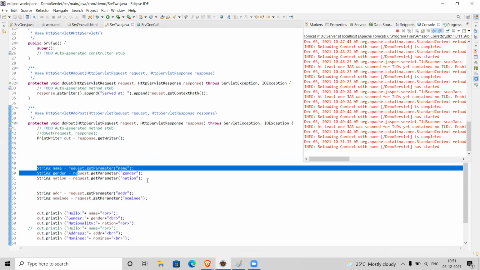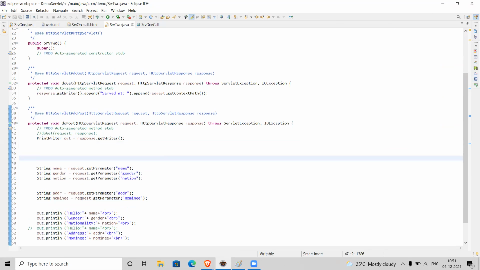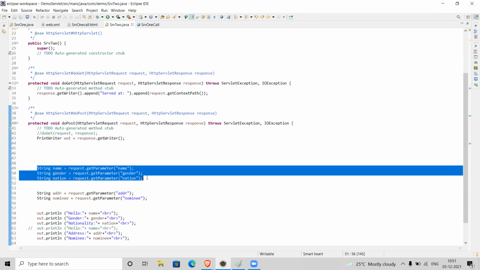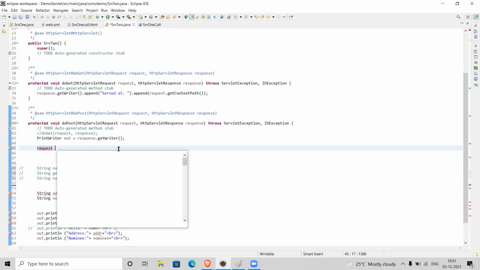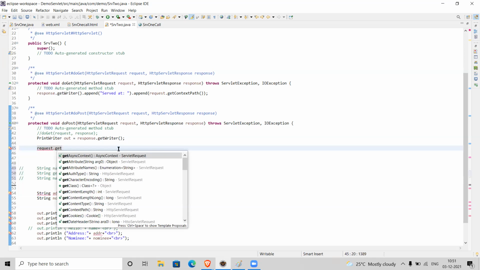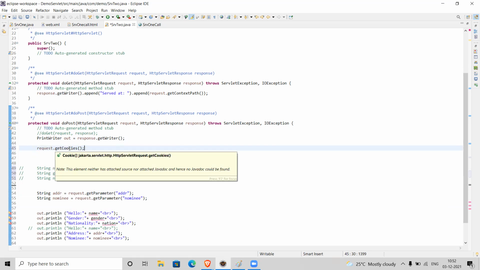Basically, to read information from the client, which object do we use? Request. Yes, correct. In the request object, we have a method called getCookies.